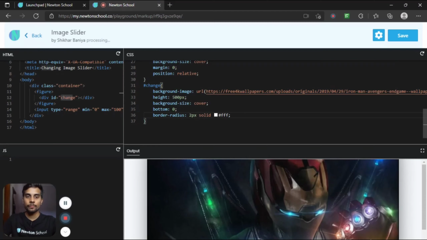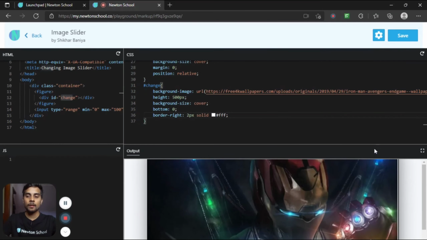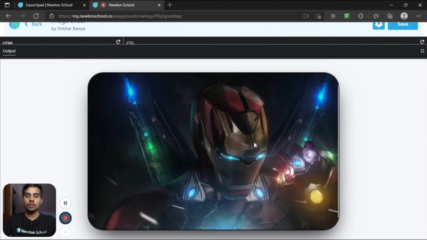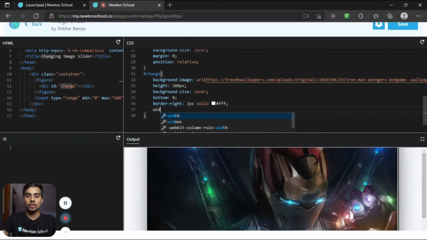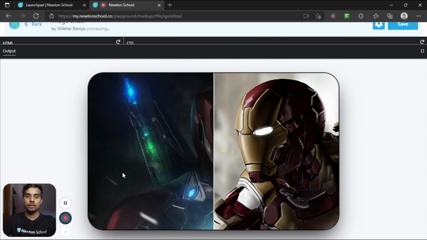As you can see, we got this 2 pixel border right of our image. Now we are going to decrease the width of our image. So let's say width will be 50%. As you can see, the width of the second image got decreased and we can see the first image under the second image.